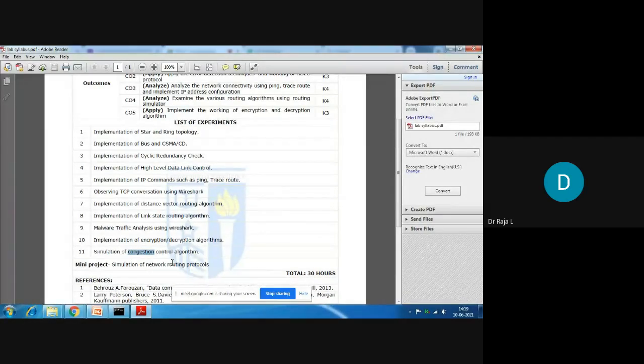Congestion is nothing but heavy traffic. It occurs whenever your input is more than the capacity. In a room, if there are 100 persons, you can accommodate them. If you have more than 100, then the room becomes very congested. You cannot survive there, there is no ventilation, no air. So it results in congestion, that is suffocation.